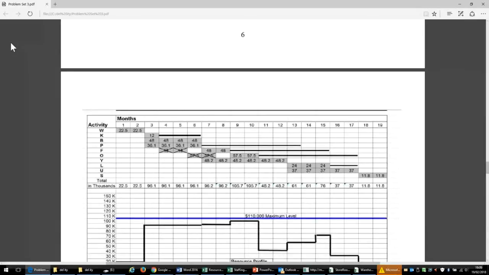So the key objective of the problem sets was that you need to be good in terms of manually planning and scheduling a project. You need to know the basics of critical path method. How do we use critical path method for planning our cost and time? Okay, now the expectation will be